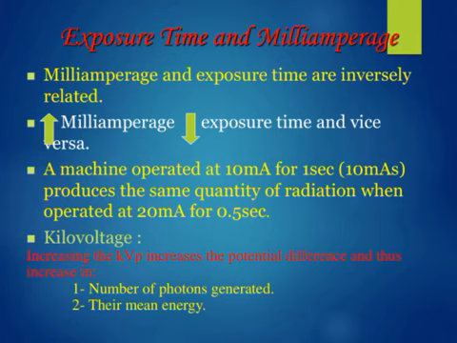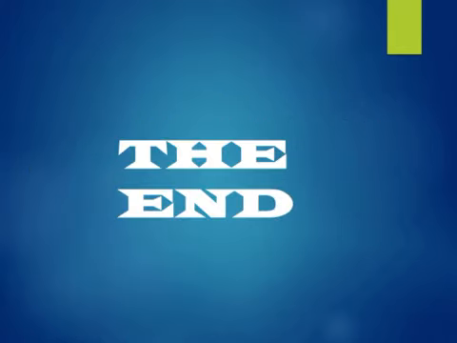The more the current and the more the time, the more X-rays are produced. Now, kilovoltage determines the number of photons or X-rays and also the quality, whether it's a high energy or a low energy one. Okay, so that ends the